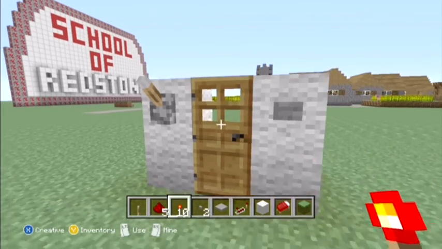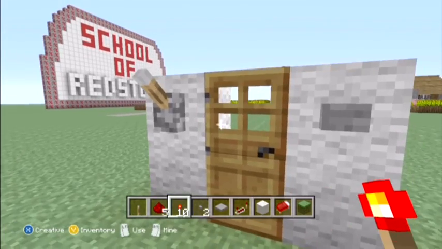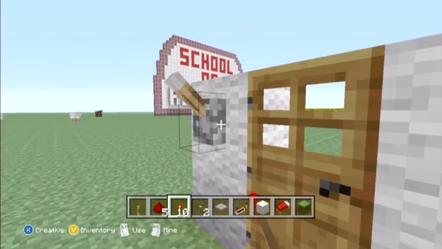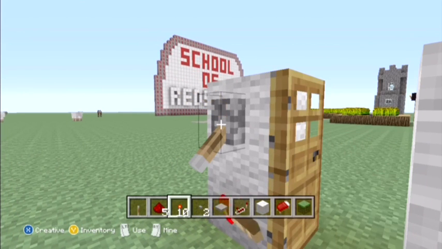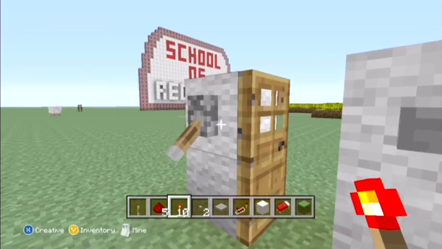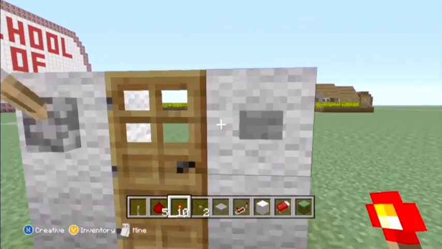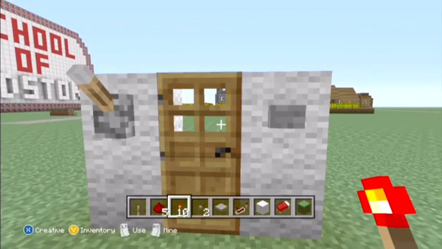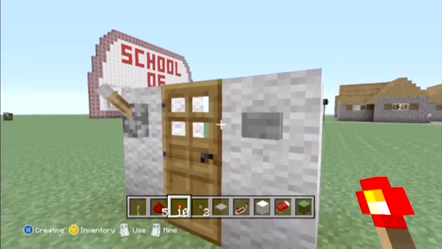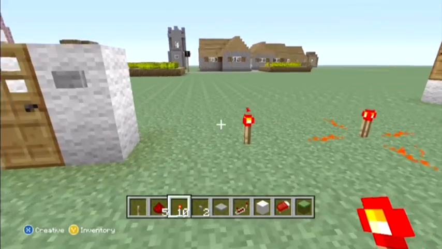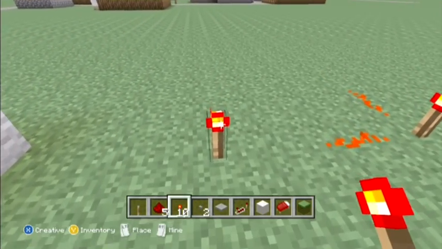So you might be here because your redstone knowledge goes as far as opening and closing the door to your house. We know that a lever when turned on will open the door and when turned off will close it, and a button will temporarily open the door but then will automatically close it. If this is as far as your redstone knowledge goes, you might not use many of these,